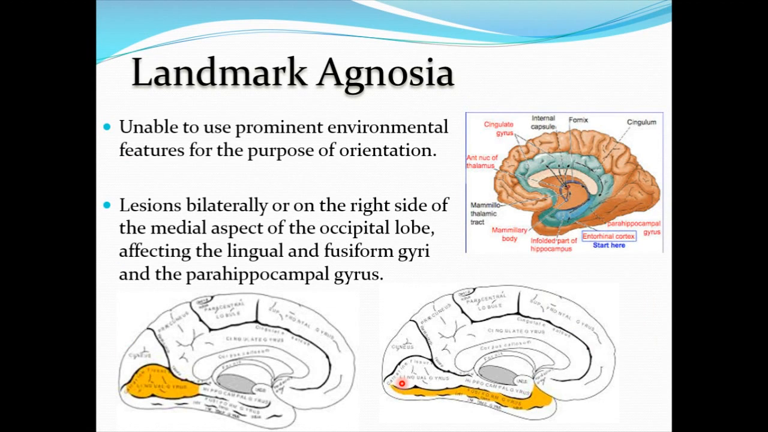Then you get landmark agnosia. It's where the person is unable to use prominent environmental features for the purpose of orientation. And when the person has this, they typically have lesions bilaterally or on the right side of the medial aspect of the occipital lobe, affecting the lingual and fusiform gyri and the parahippocampal gyrus. Now, it sounds like a whole lot of very big words, but just so that you can see,